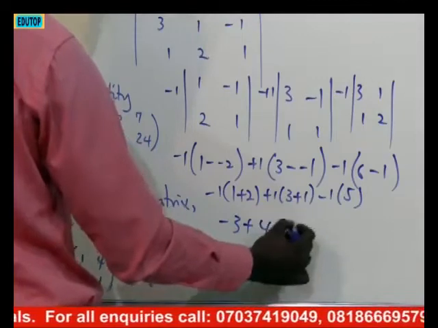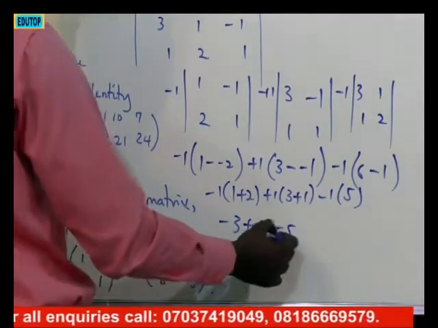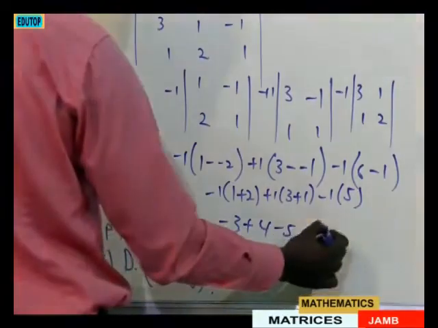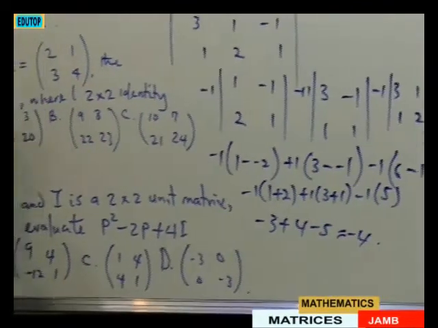This one is minus 5. So you have minus 3, minus 5, minus 6. Minus 8 plus 4, that's minus 4. So the answer here will be minus 4. And that is option